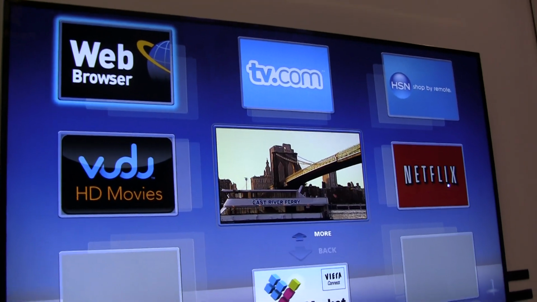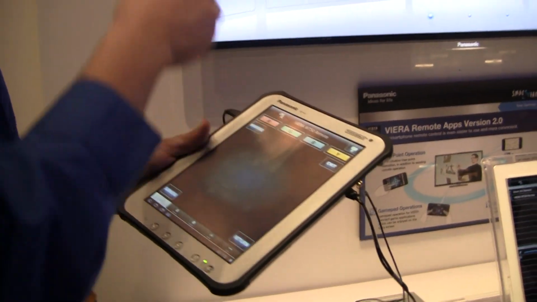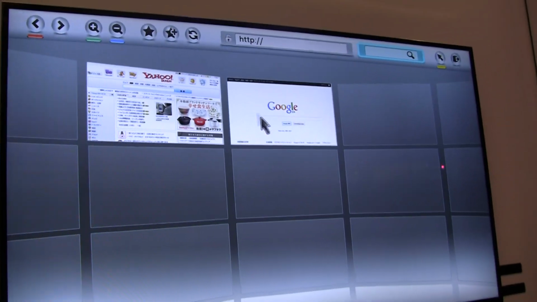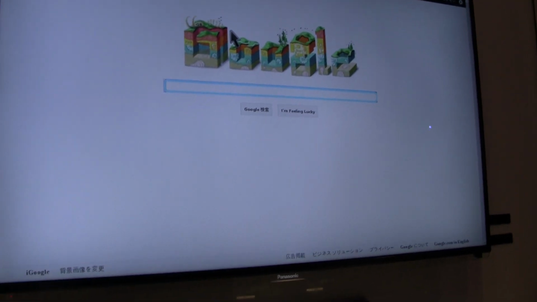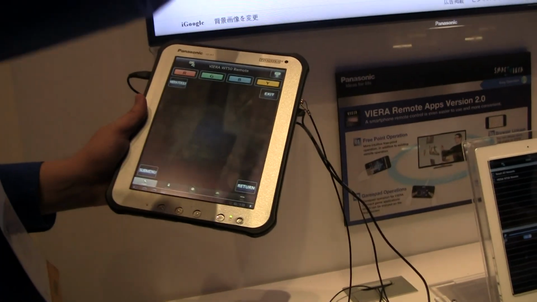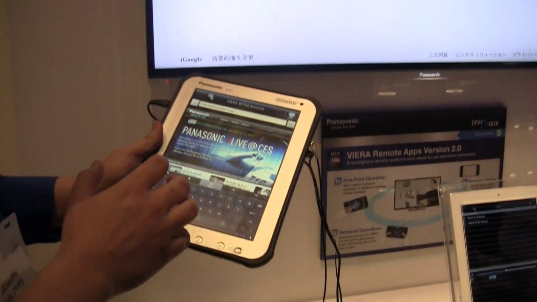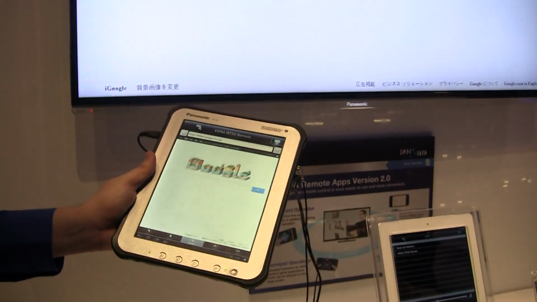And if you go up to the web browser, and maybe there's something on the web. Did I show you guys this ability yet? No, you haven't. So, I've done this so many times. So if I go to Google, again, what I can now do is, you can see there's nothing on the pad, but I can take from the TV and put Google onto the pad, which is kind of cool, because